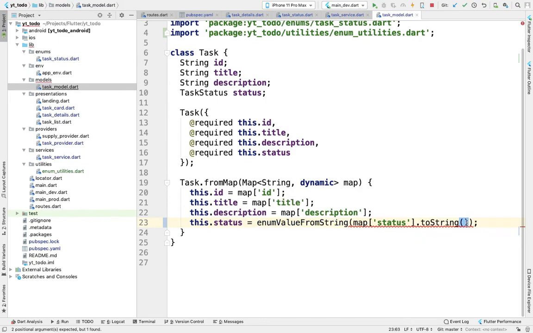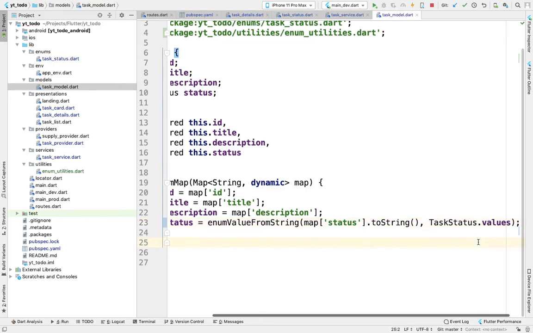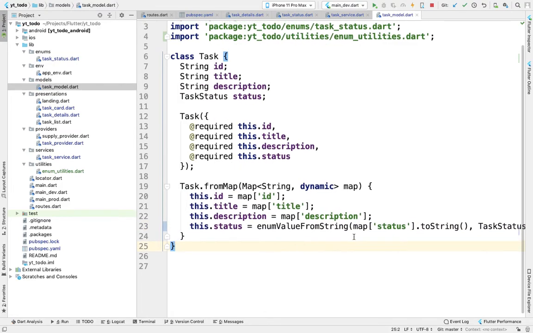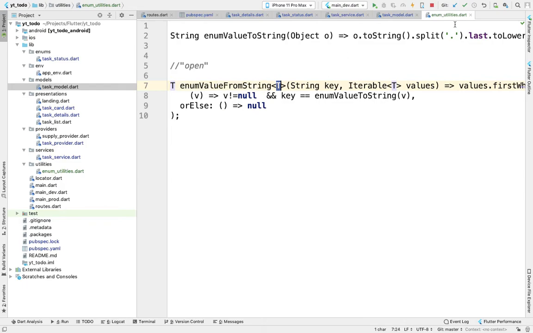And the second argument will be task status dot values, and this will be of type task status. So this is the generic type here, T.